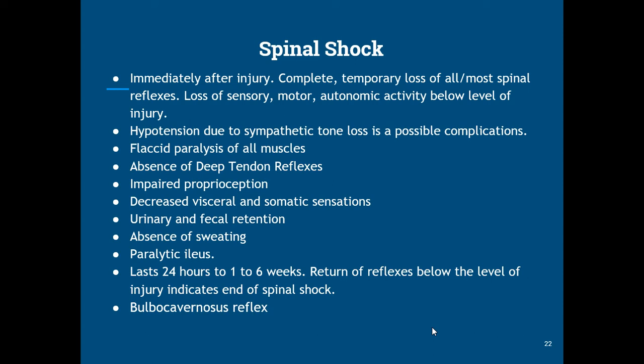Low blood pressure occurs due to sympathetic tone loss as a possible complication. They'll have flaccid paralysis of all muscles. They'll have absence of deep tendon reflexes, impaired proprioception, decreased visceral and somatic sensations. They'll have urinary and fecal retention, absence of sweating. They'll develop a paralytic ileus, and